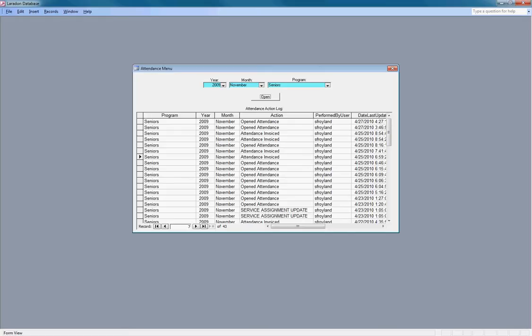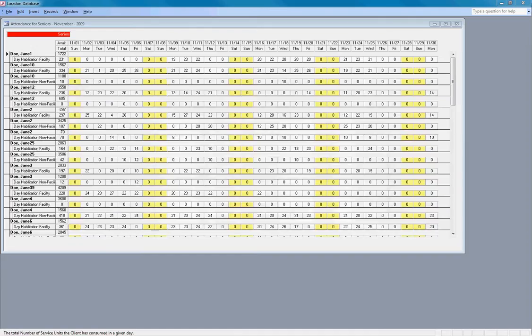The system is gathering all the clients who have been assigned a service with the program seniors and calculates all the units from the funding screen and subtracts the units already consumed in any previous months, if any, to give us the total units available for each client and for every service under the program seniors. Now that the attendance screen is open, let's take a moment to look it over. We'll scroll down the list to the entry I just created, and see the 12 units,